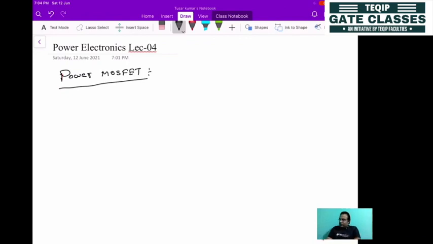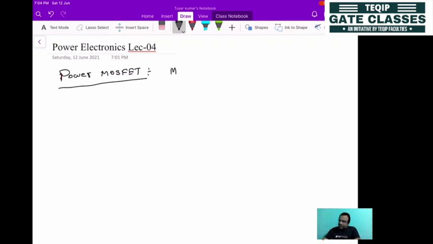Okay, so you might have studied the MOSFET in analog electronics, but that MOSFET is not at power level, because it handles less voltage and less current at the signal level. But the MOSFET you will be studying in power electronics is termed the power MOSFET. The doping levels will be high compared to the signal level, so we'll not be comparing with the signal level MOSFET. So let's see what that MOSFET is.